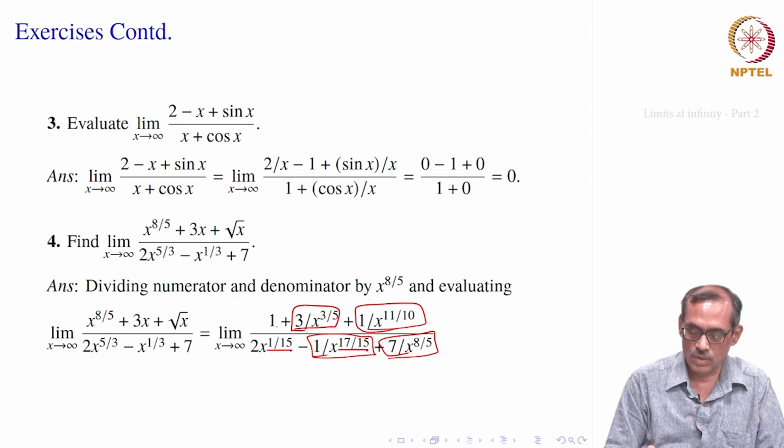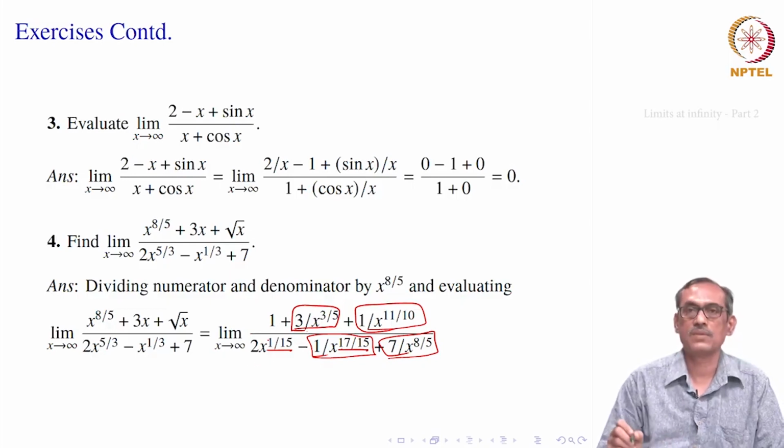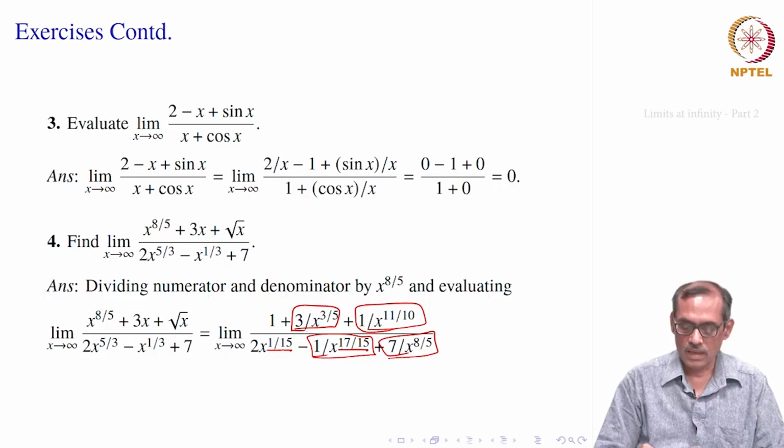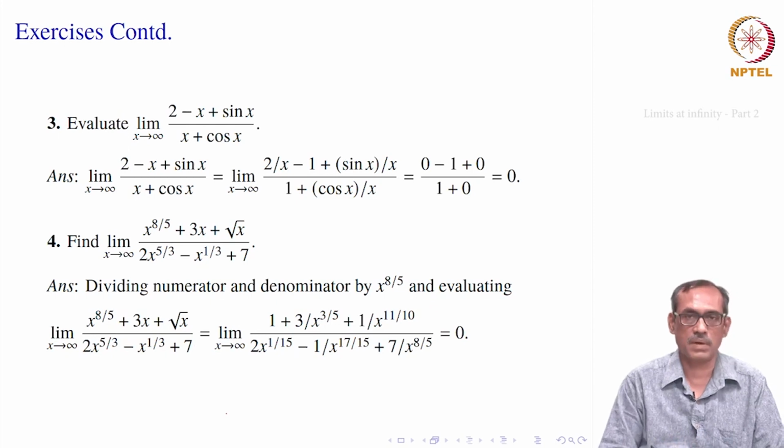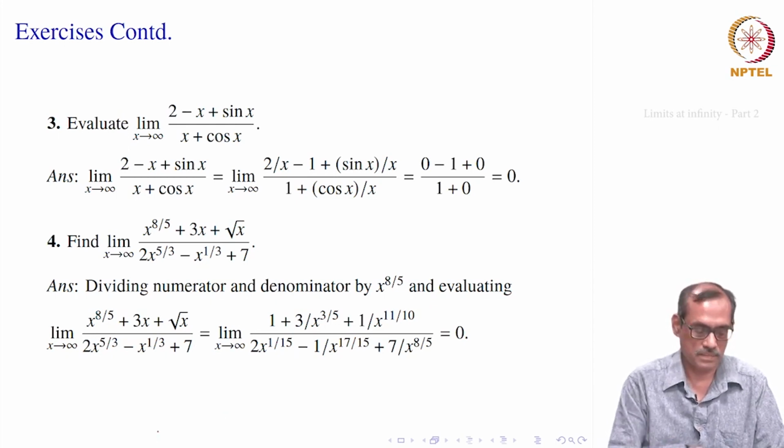So, now 1 divided by 2 to the power x to the power 1 by 15 is something like a constant half times 1 by x to the power 1 by 15. So, when x goes to infinity, x to the power 1 by 15 becomes larger, so 1 divided by that becomes smaller, and that goes to 0. So, the answer should be 0. Is that right? That is how it goes whenever it is some powers of x divided by some other powers of x, we can follow this way.